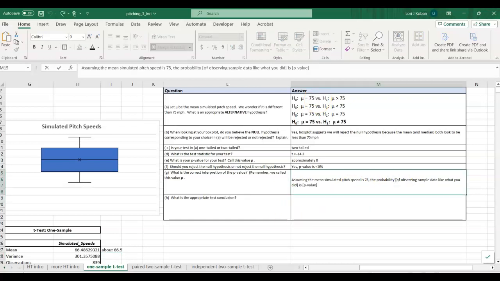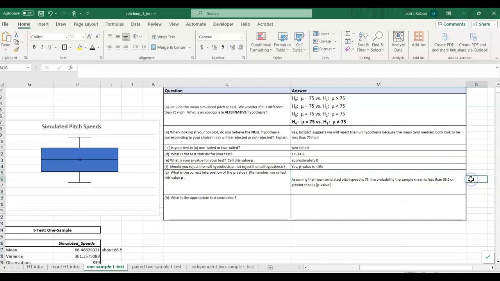So the probability the sample mean is less than 66.5, and this is a two-tailed test, so we have to do or greater than, well, the difference between 75 and 66.5